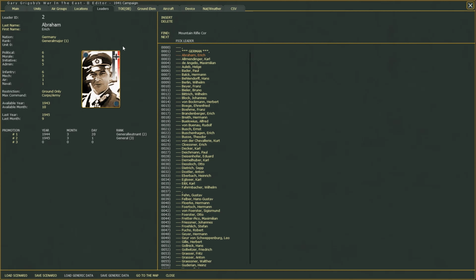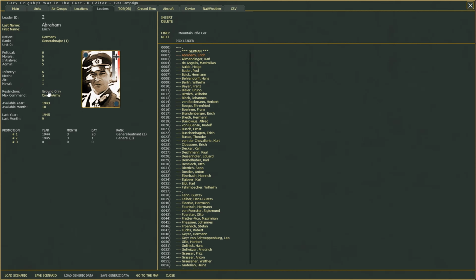Even though, for instance, once I tried, I set von Manstein to have 90 of each of these stats, besides the political one, but still I could get some failed admin checks during the supply phase. So you can buff your generals if you want with this, but you know, there is always, let's say, an element of unpredictability during the logistics phase or during the actions which are controlled by the RNG